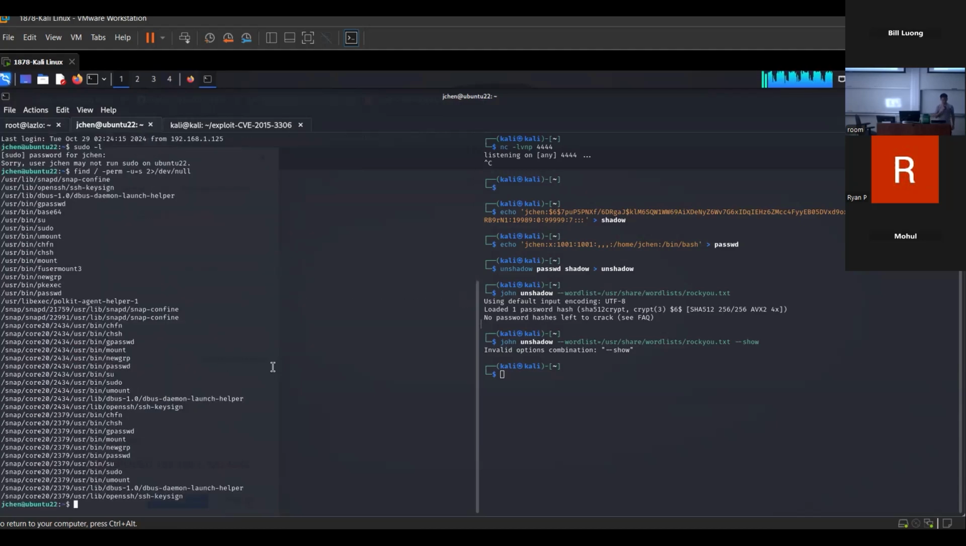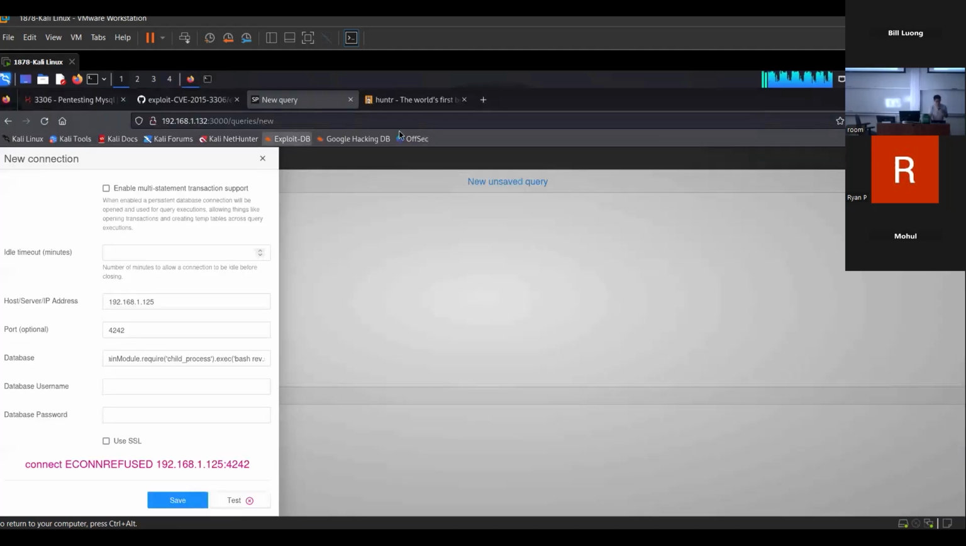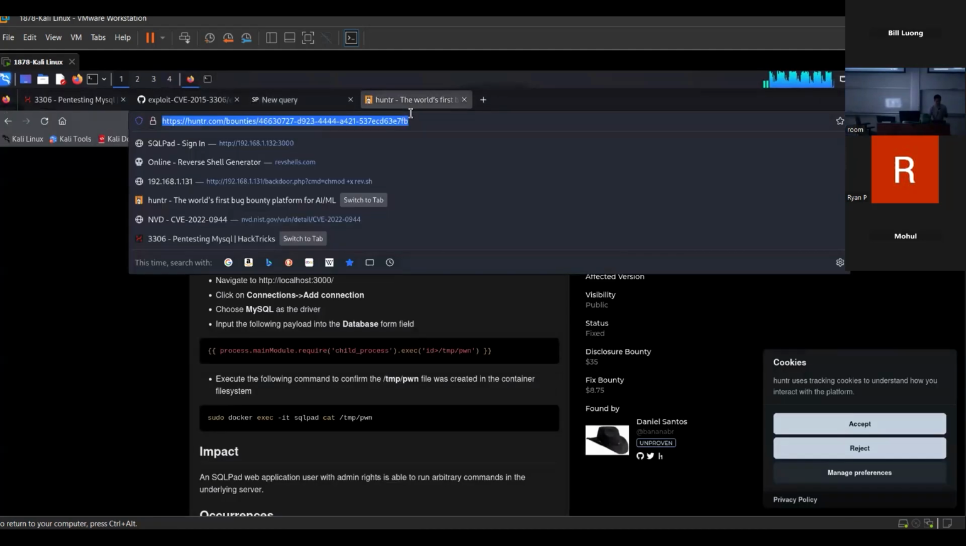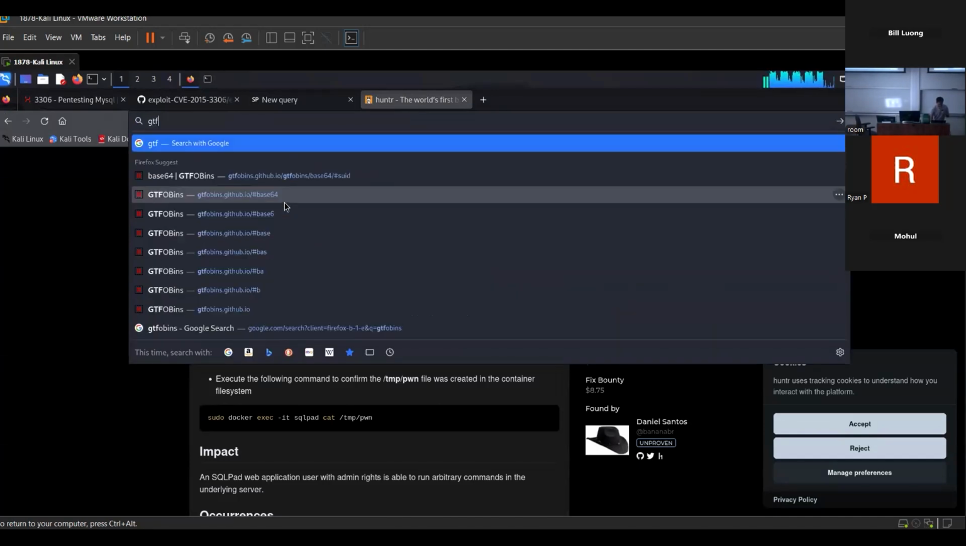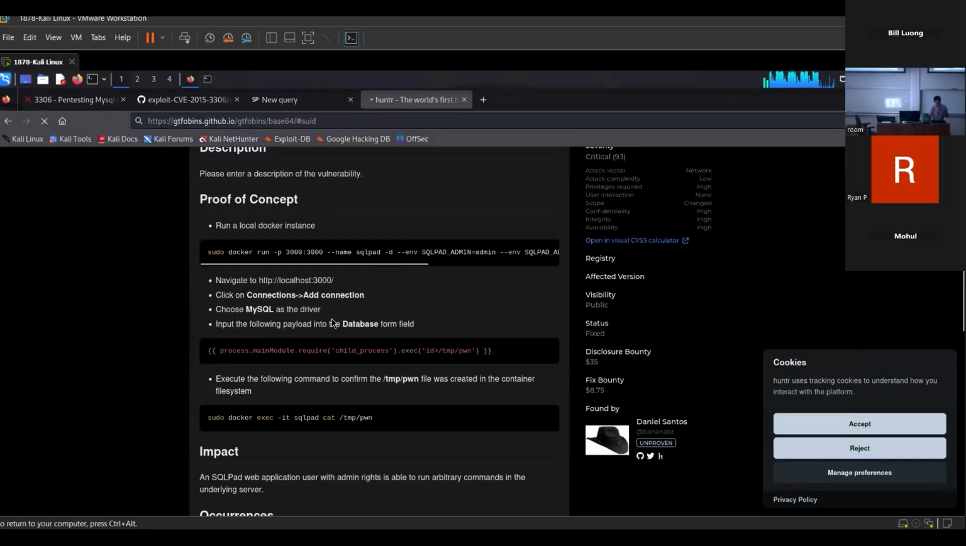With this command, we're basically just finding what kind of SUID binaries we can execute. And the most unique one would be base64. So with base64, if we go to GTFOBins, which is a repository of binaries that you can exploit,